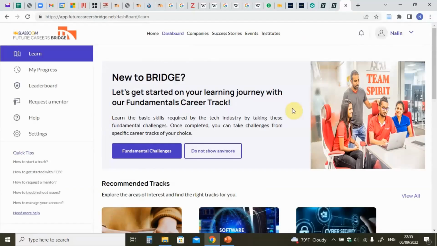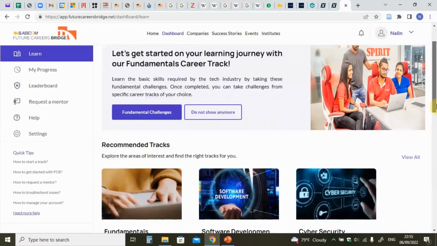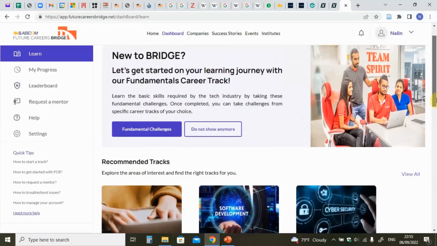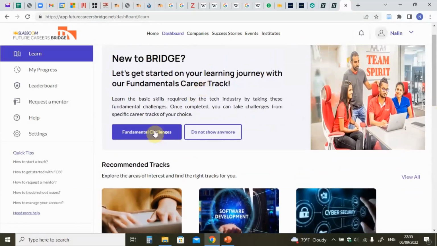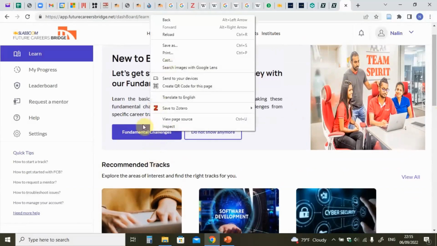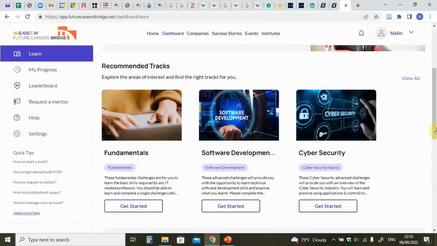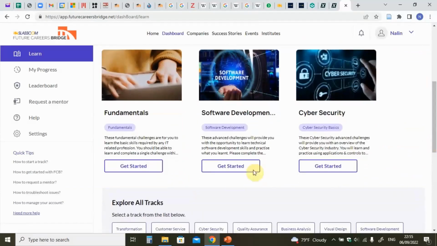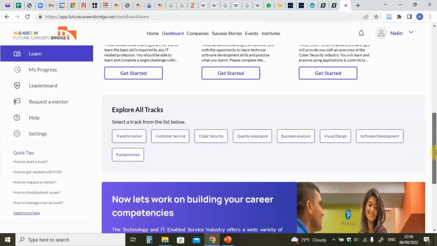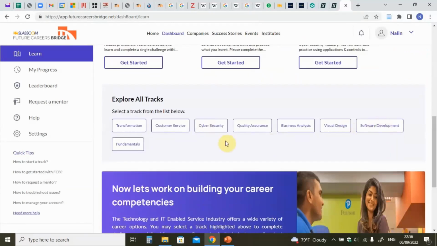Once you create an account and log in, you will come to this area and you will see these different challenges. You have the fundamental challenges, and we'll have a look at that in a minute. But there are also other challenges related to areas of the software industry, software development, cyber security, and so on. As you can see, so many different tracks.